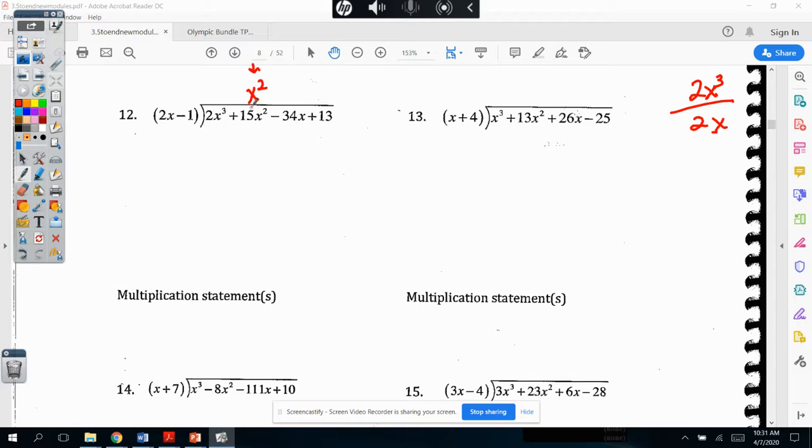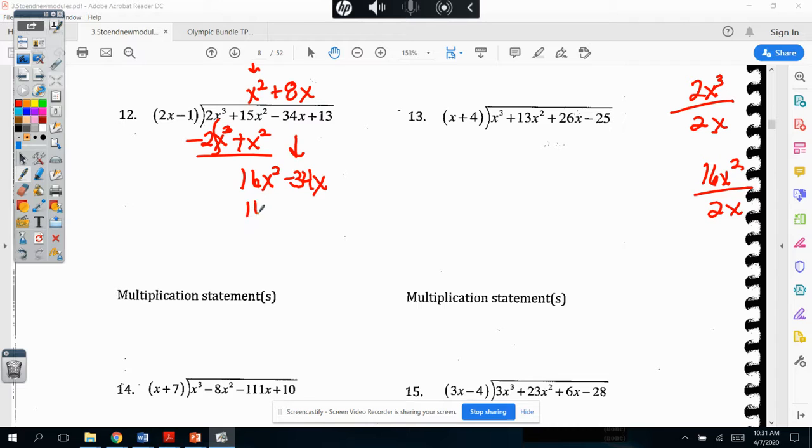You will multiply, distribute down. That's 2x to the third minus x squared. Subtract all the pieces or change all the signs. That's 16x squared, drop down the minus 34x. And then you'll ask yourself, how many times does 2x go into 16x squared? So 16x squared over 2x, that'll be 8x times, positive 8x